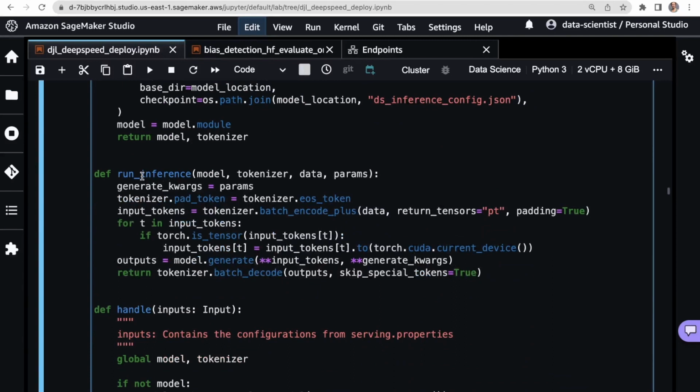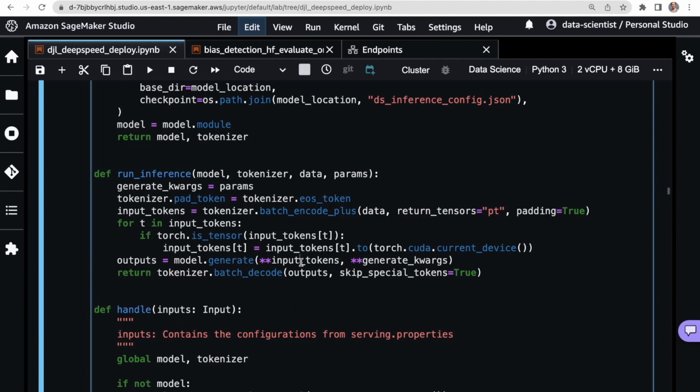And then this run_inference function takes that model, takes the tokenizer, the new data on which you'd like to run inference, and the parameters. We'll set the pad tokens, grab the inputs by performing tokenization on those inputs, walking through those. And if it's a valid tensor, setting it to the device, and then calling generate.